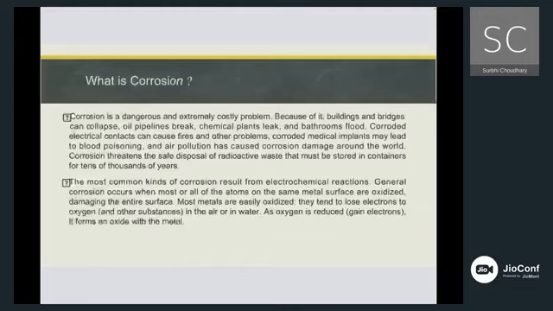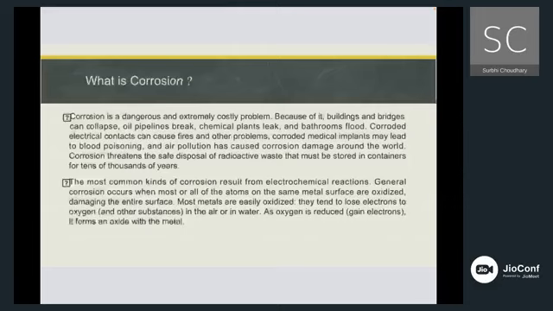And most commonly this problem arises when the metal surface comes in contact with the atmosphere, like in the air, with all the gases present in the atmosphere, and water in the form of moisture. General corrosion occurs when most of the atoms of the metal surface are oxidized, damaging the surface of the metal. Most metals are easily oxidized and lose their electrons to the oxygen in the air or